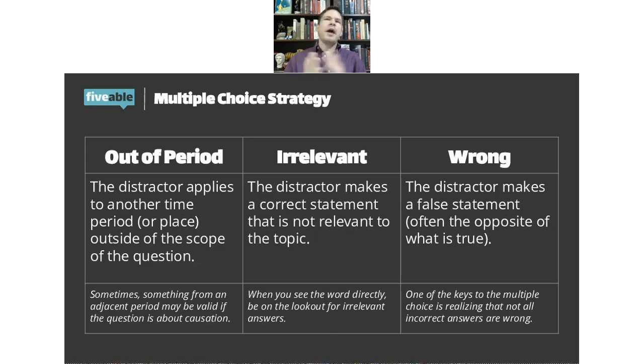Now, the wrong answers, a lot of times, are really not that nuanced and tricky. Most of the time, it's going to be the opposite of what actually happened. So instead of trade moving from the Mediterranean, it'll say that trade moved to the Mediterranean during the age of exploration. Even for the wrong answers, there is a template that is typically followed. And I think that's really what unlocks this for students, realizing that there is a formula, there is a way to take this test.